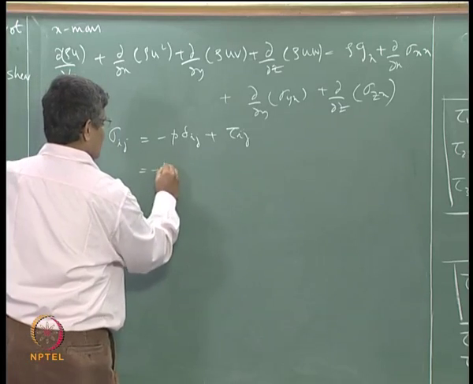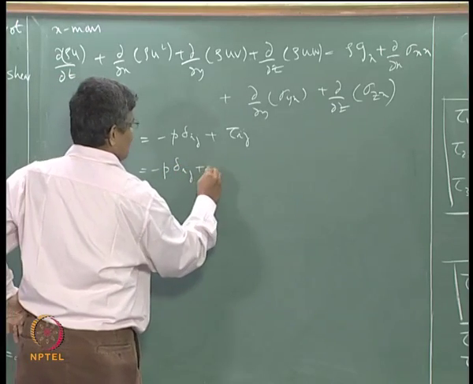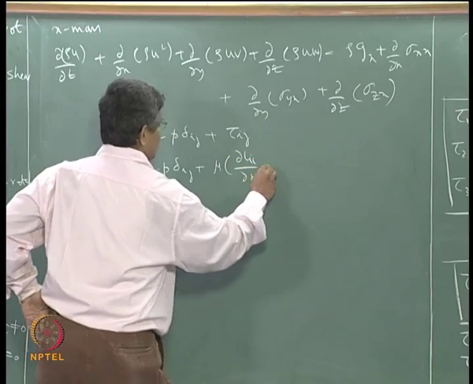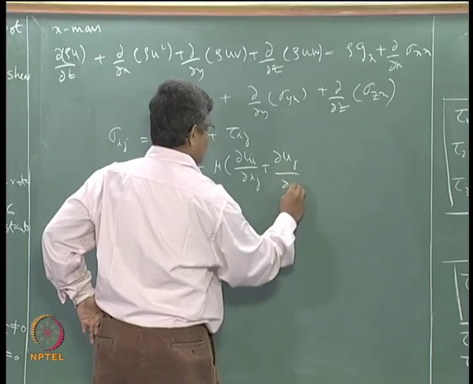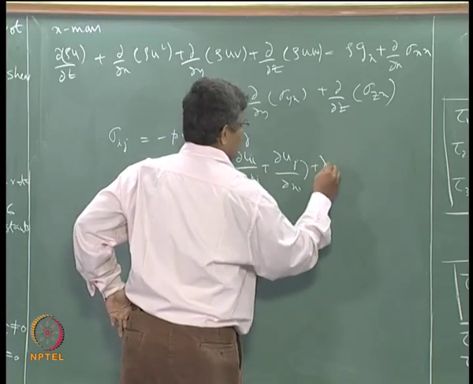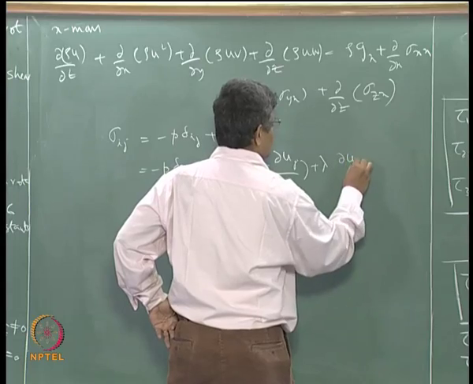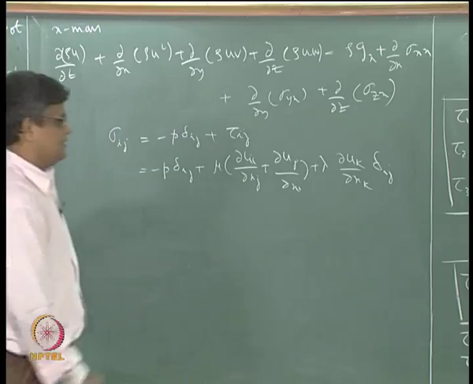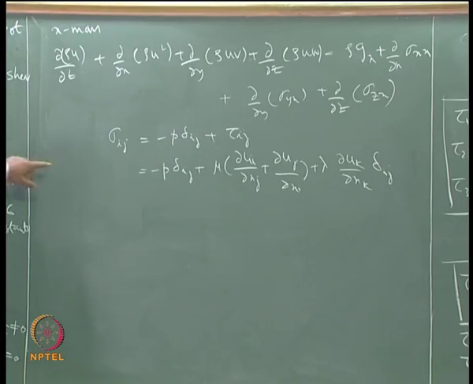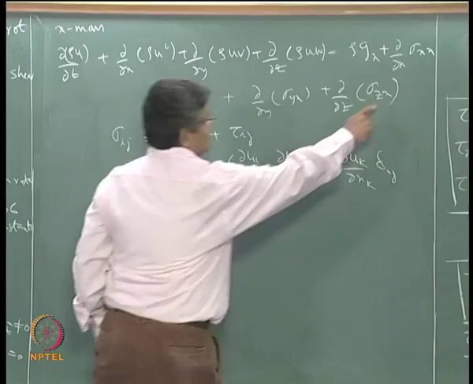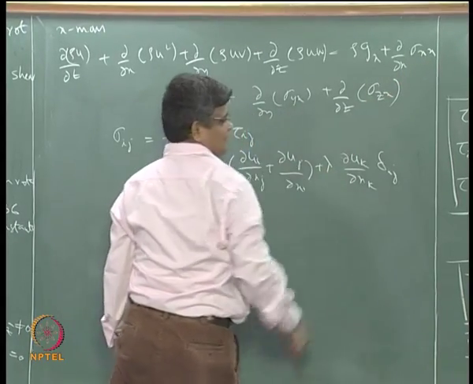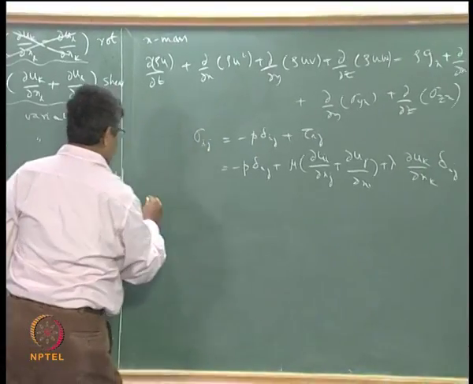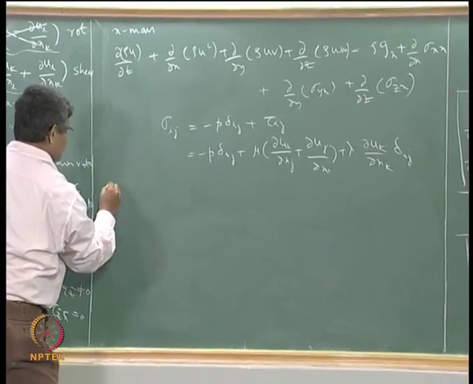So, this is equal to minus p delta ij plus mu times dou u i by dou xj plus dou u j by dou xi, plus lambda times dou u k by dou xk times delta ij. Okay, so this is what we have to substitute for each of the sigma xx, yx and zx, and using this we can write the momentum balance equation, the x momentum, as